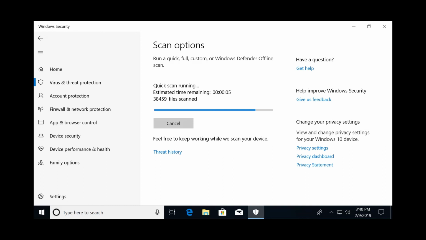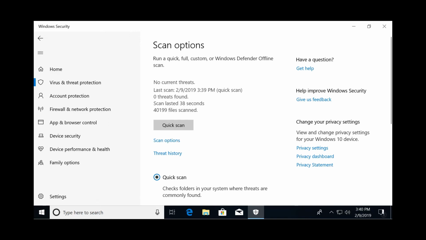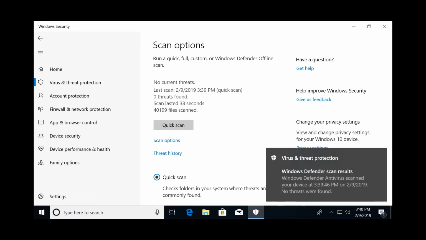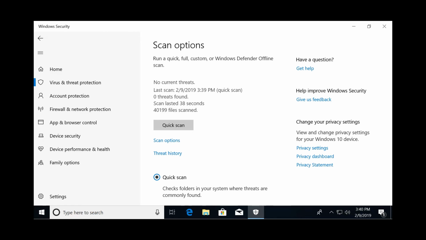There's a couple of free antivirus and ransomwares out there, but for the everyday user, I would say Windows Defender is a great solution to protecting your Windows 10 machine, so you wouldn't really have to look at any other antivirus,